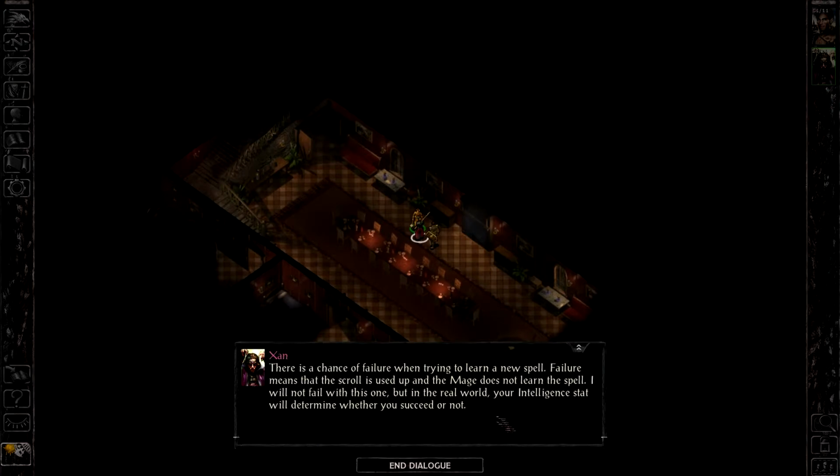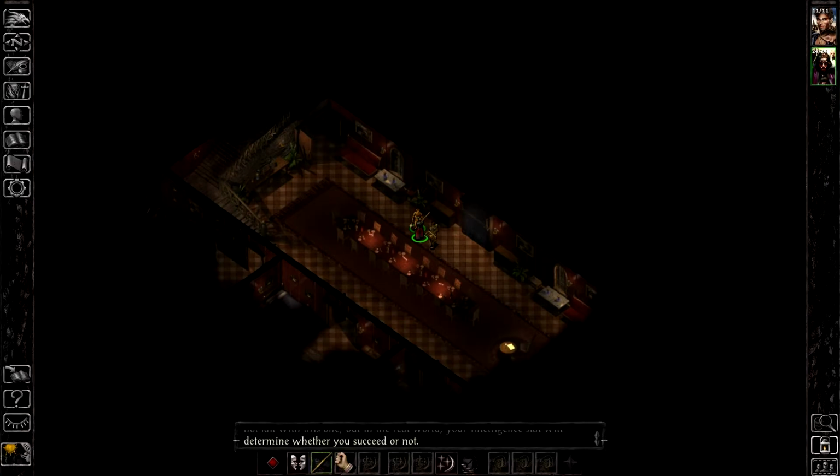There's a chance of failure when trying to learn a new spell, except I'm on normal, so that won't happen. Failure means that the scroll is used up and the mage does not learn the spell. I will not fail with this one, but in the real world, your intelligence stat will determine whether you succeed or not. All right, so here, and then it was...